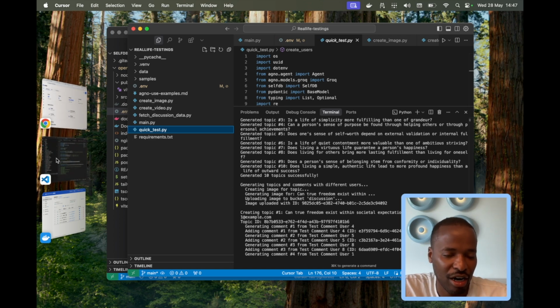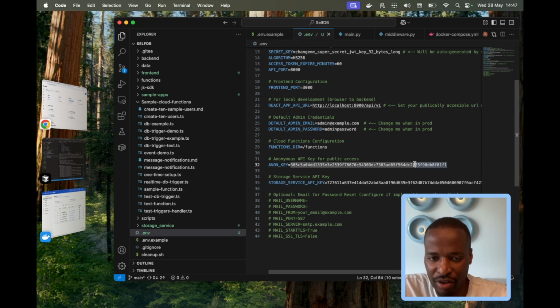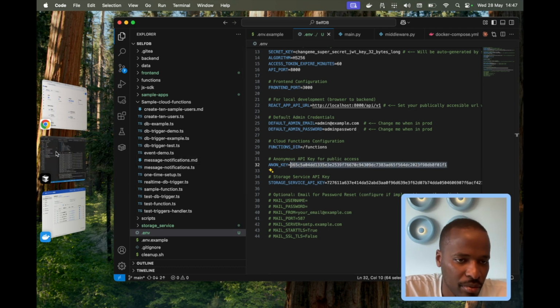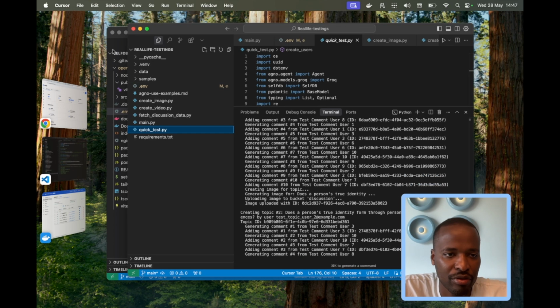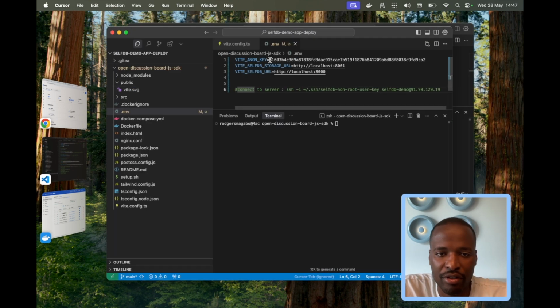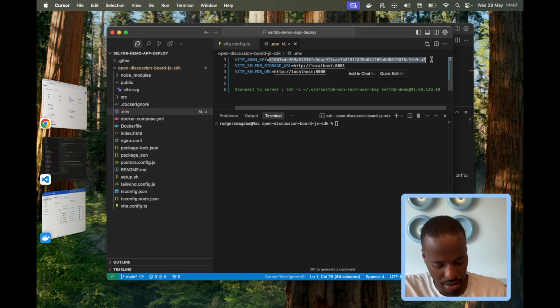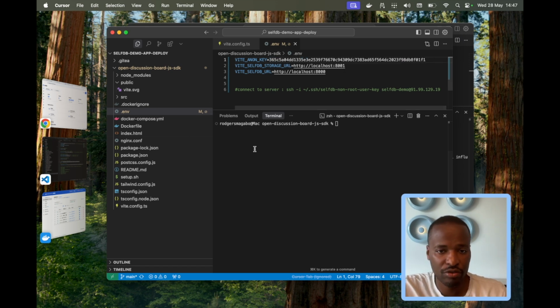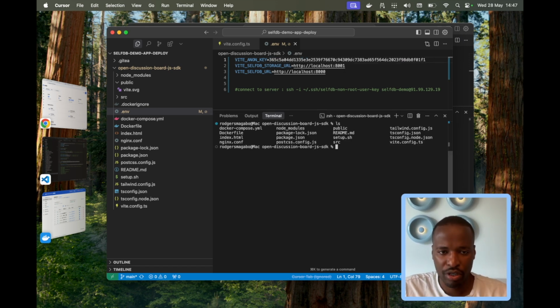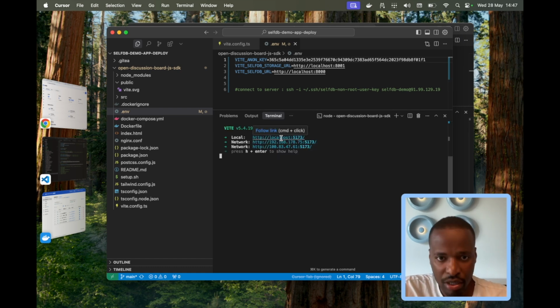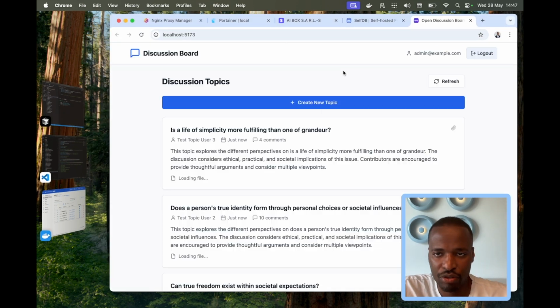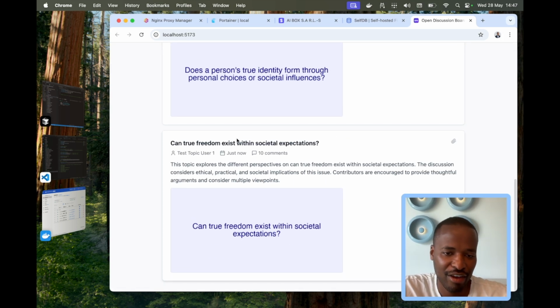Then in this sample app, I also need to have the env variable because we're running it locally. So we can come to this one. I update the env and then update this one. So this is a JavaScript app, and we can also start the dev server. So npm run dev. And just like that, we're going to see now all the things that we